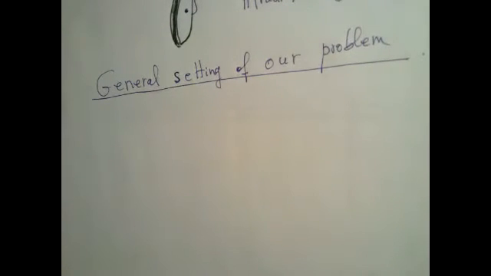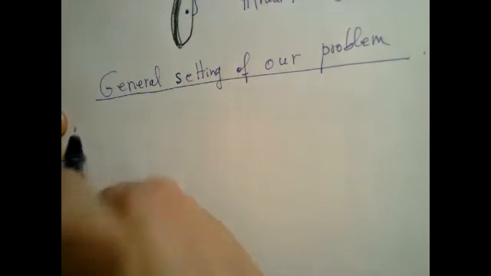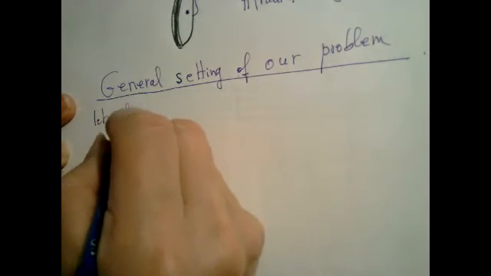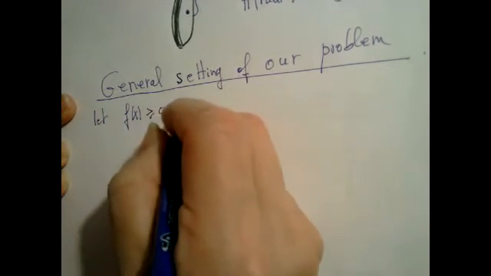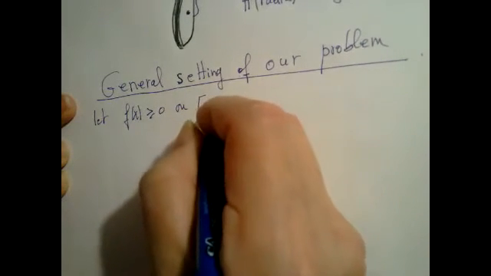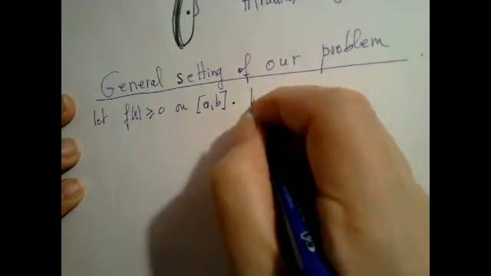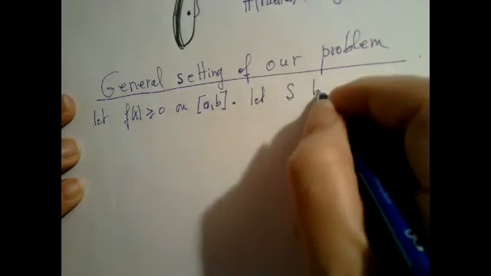We have a region R. We have a function. First, let f of x be a positive function on interval [a, b]. And we have a solid. Let S be the solid